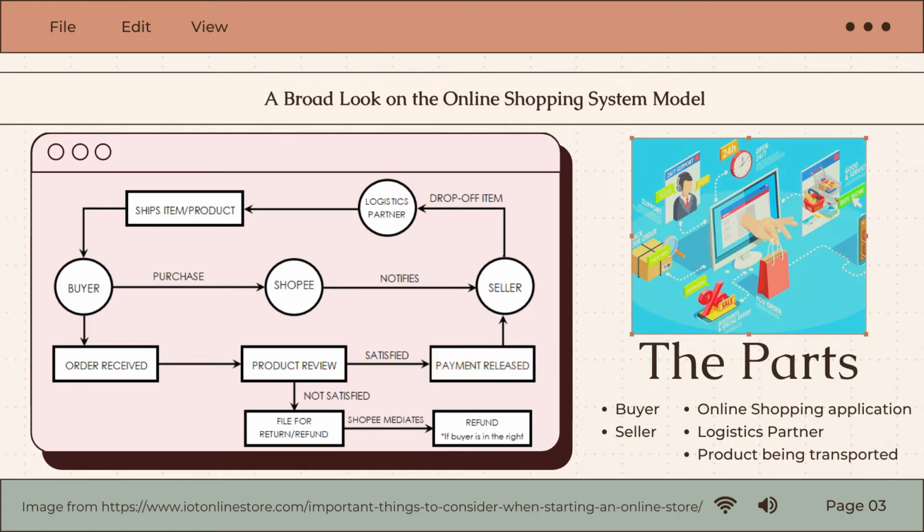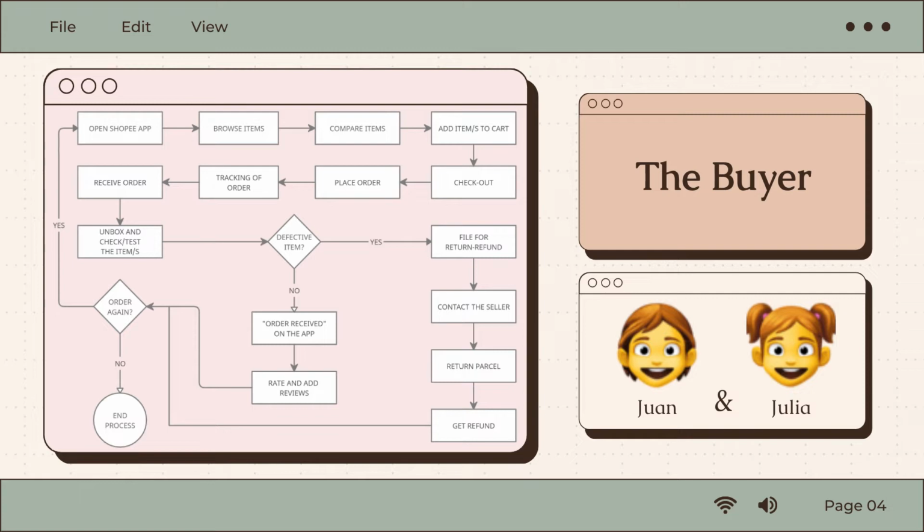To fully understand the system, we need to look at the parts individually. First, the buyer. Meet Juan. Juan wanted to buy a headset on Shopee. He opened the Shopee app and started browsing for a headset. He compares each product for the best headset. After selecting, he added it into his cart, proceeded to check out and completed the order. He tracks the parcel movement through the app. Once he receives the parcel, he unboxes it, clicks the order received button on the app, and places a review